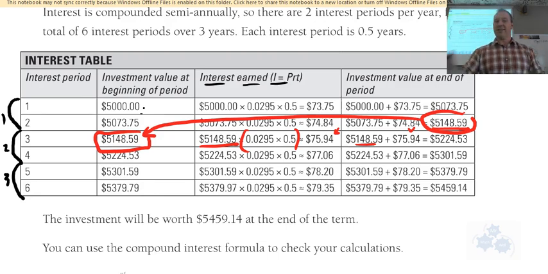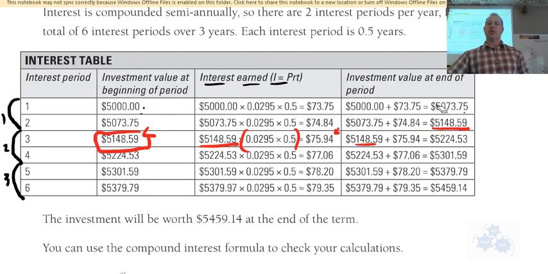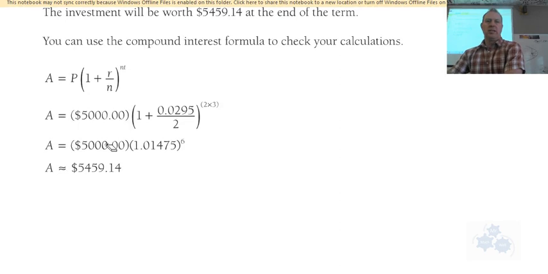Got it? Okay. So that's a little bit different than going from your original amount all the way to the end amount with one formula. This one, you have to break it down a little bit. So we want to see how this grows over time. Okay. So to double check, you can use your compound interest formula, and you can go from the original amount,